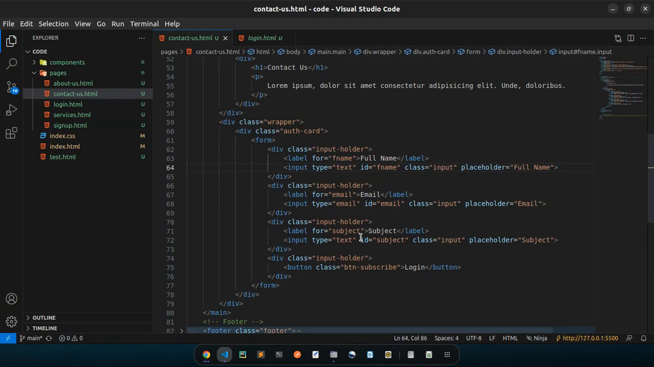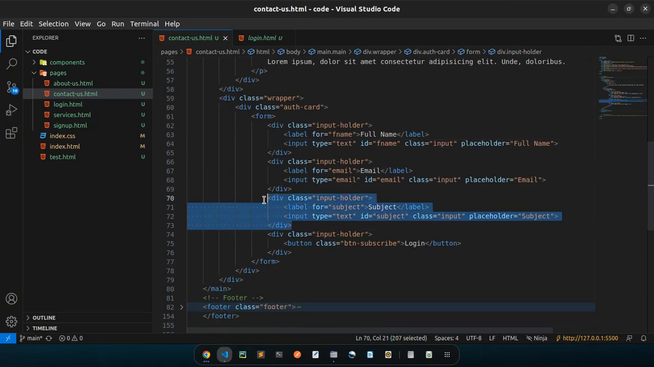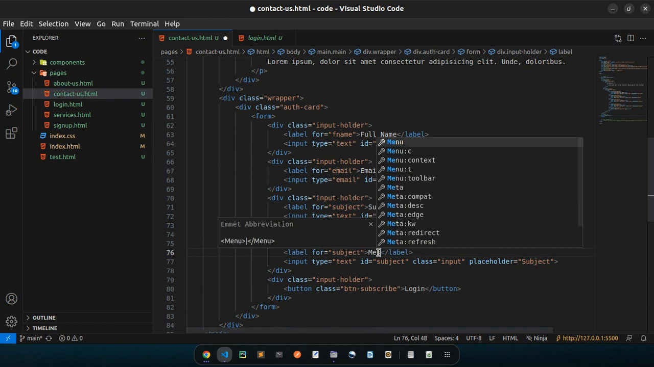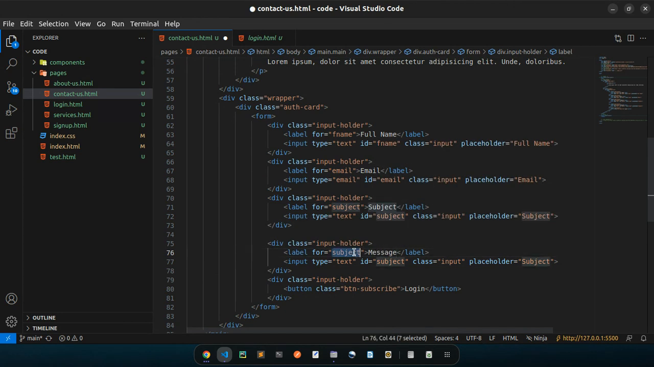The next thing we are going to do is the text. So I'm just going to copy this, paste it there. This is the message. Change the for or the ID to message. And also the placeholder I'm going to do,